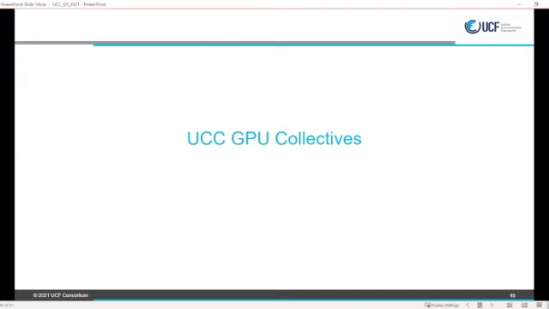We have a way to not use hierarchy in that case, and you can express it in different ways. What we don't have right now are the rules and the logic to do that. Right now, even CL hierarchical by default is just disabled, so you would need to enable it explicitly. That's the state of the UCC master branch right now. So we will need to do the work of making defaults. But eventually it's supposed to be done automatically, and all this selection will be transparent for the user, right?